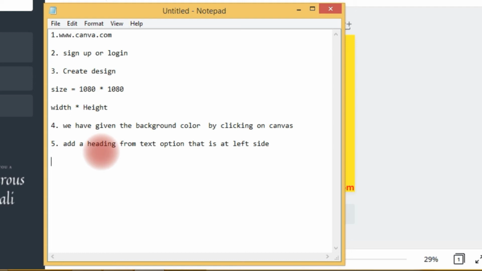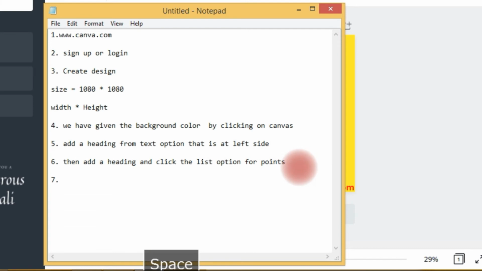Then the sixth, add a heading and click the list option for bullets, for the points, or we can say for the list.